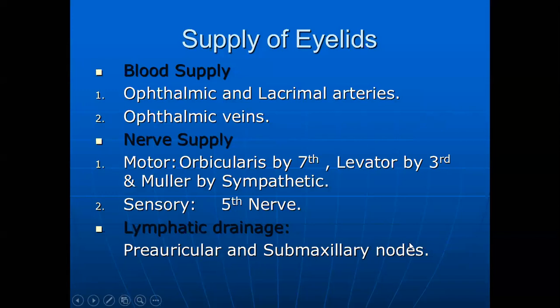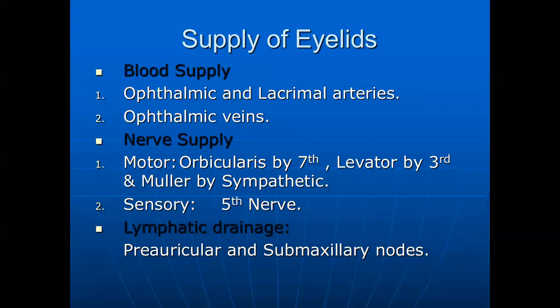Now, again, the clinical importance lies in this: whenever a patient is having inflammation in the conjunctiva, for example adenoviral conjunctivitis, then the major lymphatic supply from there also goes to the preauricular lymph nodes, and therefore there will be an enlargement, a painful enlargement, of the preauricular lymph node.